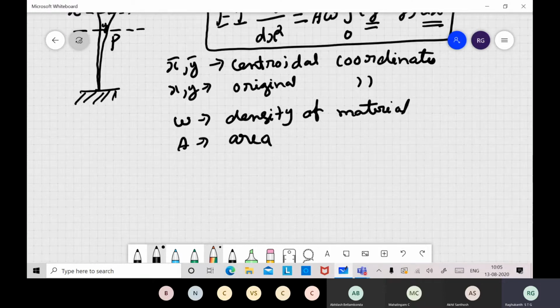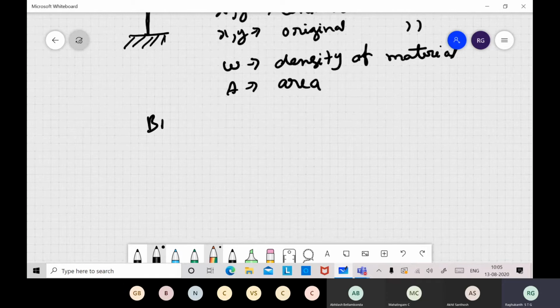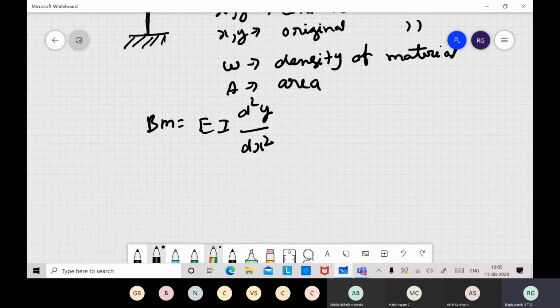Okay. So now the bending moment is EI d²y/dx². This d²y/dx² we have already seen; it is the curvature, the reciprocal of the radius of curvature, and it comes if you neglect the higher order terms in the Taylor series. In this Greenhill derivation, what he has done is directly write it for the slope itself.